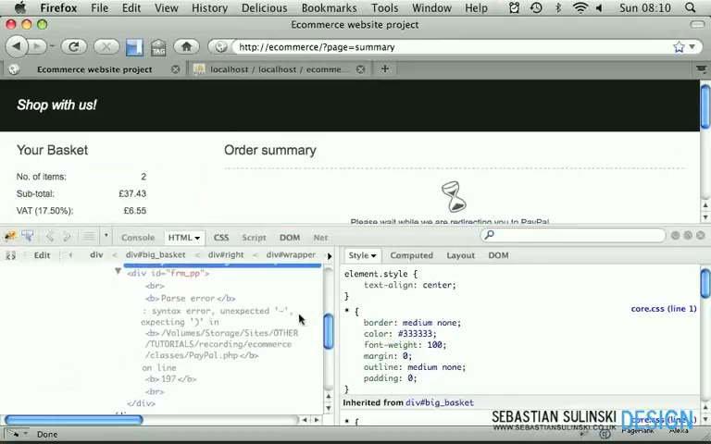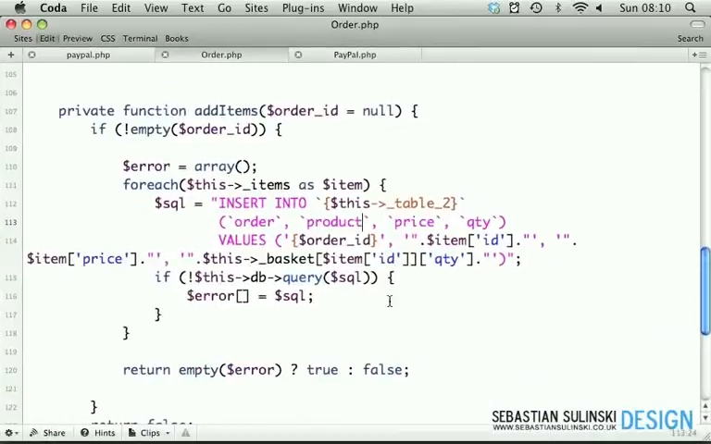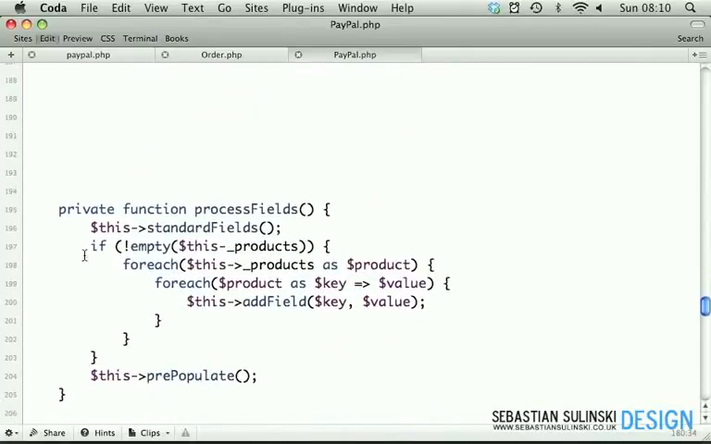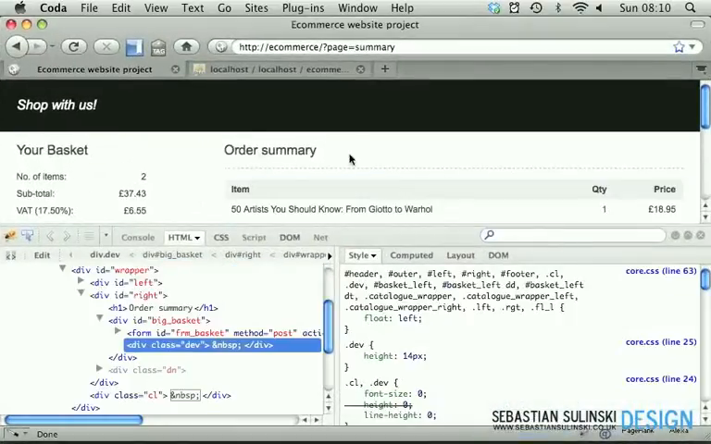Let's have a look at the error. Syntax error, expecting, in PayPal class on line 197. So if we go back to the PayPal class, line 197, if isn't empty. Okay, we didn't add this R here. So if we save the file now, refresh the page,